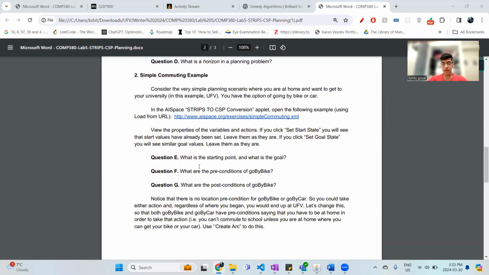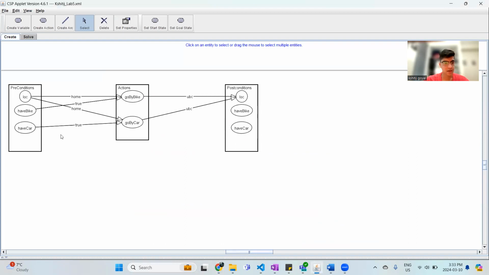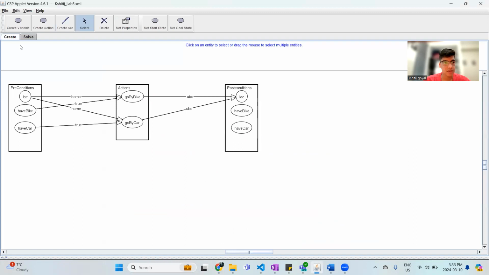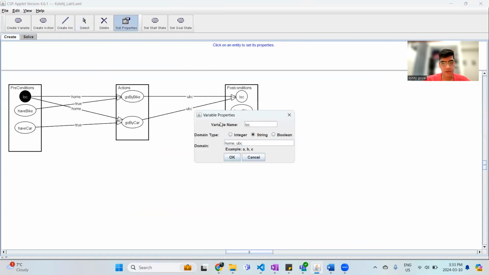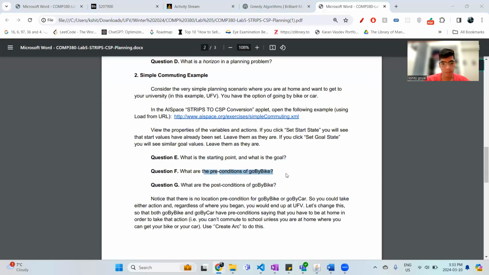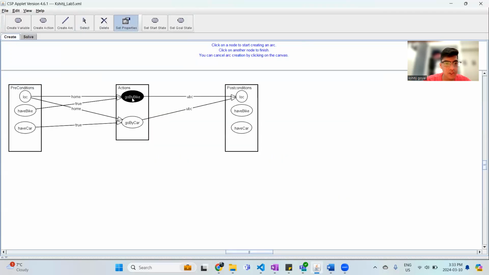Now, question E was: after putting all this in the applet, in the AI Space applet, what is the starting point and what is the goal? What are the preconditions of go by bike and what are the post conditions of go by bike? So let's just go here and see that the first thing is, what is the starting point? And the starting point is set properties, location. Starting point is home. It was home. And what are the preconditions of go by bike? So preconditions of go by bike is